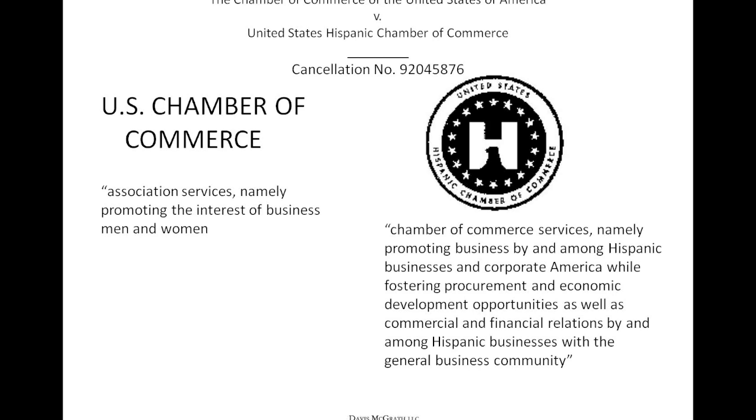Essentially, there was a petition to cancel. There was a counterclaim for genericness of the mark that was used to oppose this U.S. Chamber of Commerce mark. And along the way, the respondent's mark, this United States Hispanic Chamber of Commerce mark, was canceled on its own for failure to file a Section 8 affidavit of continued use. And the opposer was given the option, whether or not to get a default, or whether they still wanted a decision on the merits. They decided to go forward.